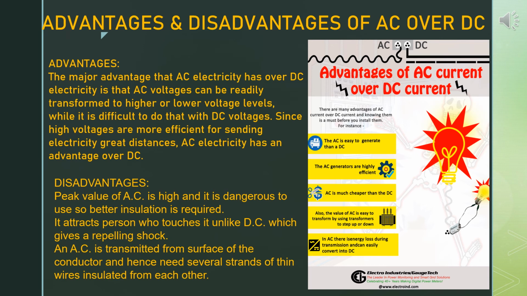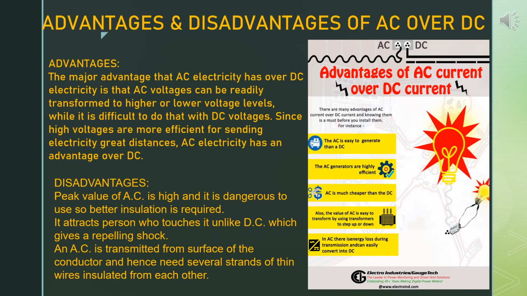So you can say that advantages of AC over DC, according to your book, are: the cost of generation of AC is less than that of DC. AC can be easily converted into DC using a rectifier. AC can be controlled without much loss of electric power compared to DC. AC can be transmitted to distant places with little loss of electric power compared to DC.